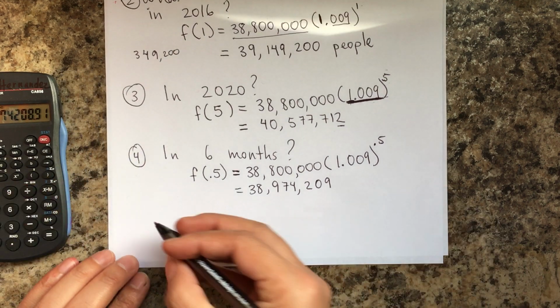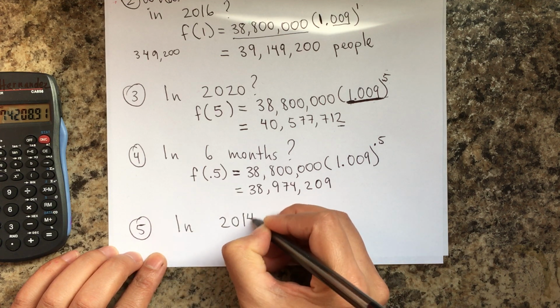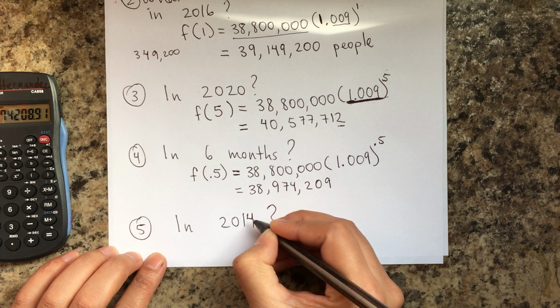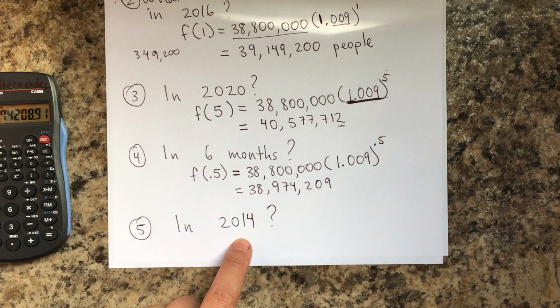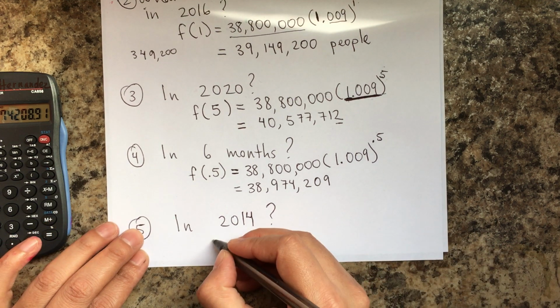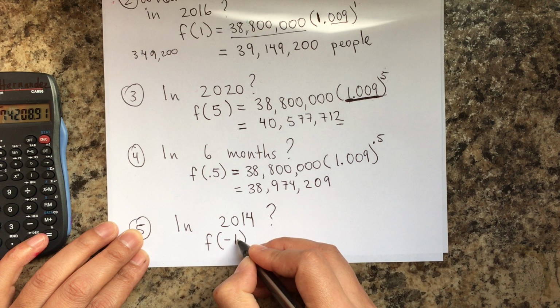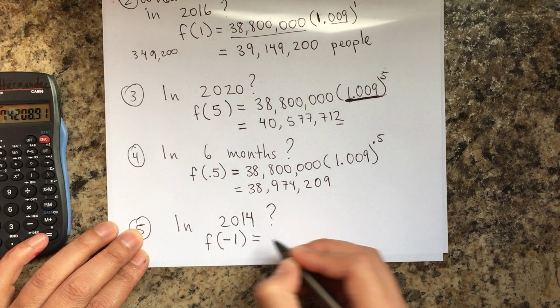Okay, let's do a tricky one. In 2014, why is this tricky? Well, in 2014, that was 1 year before they took count of the 38.8 million people. So if it's before, that's time in the past. How do we represent time in the past? Well, with negative numbers for x, right? So instead of x, it's going to be f of 1 year before, which is -1. 1 year in the past is equal to